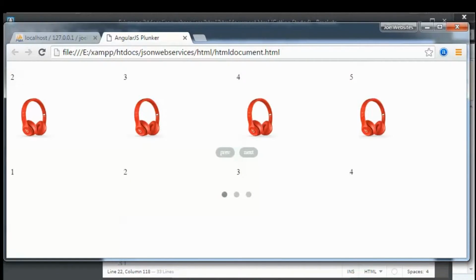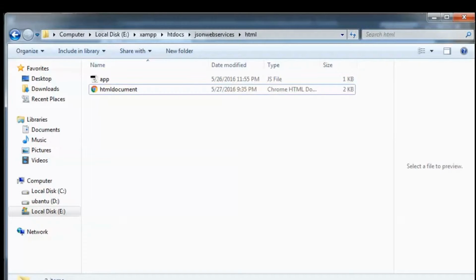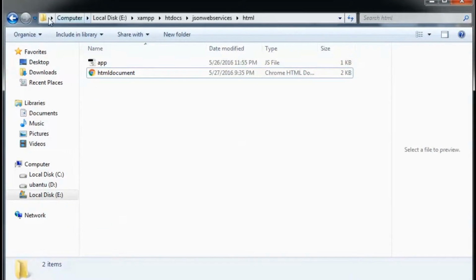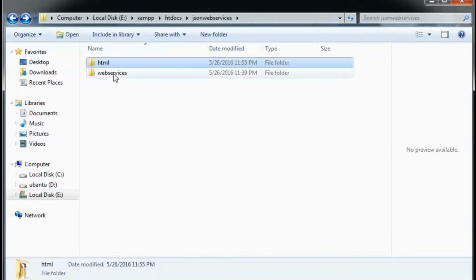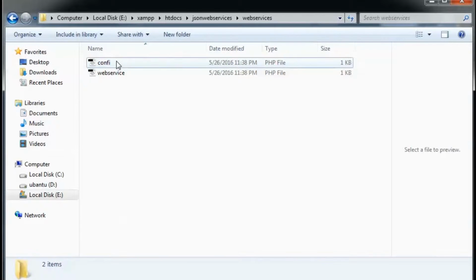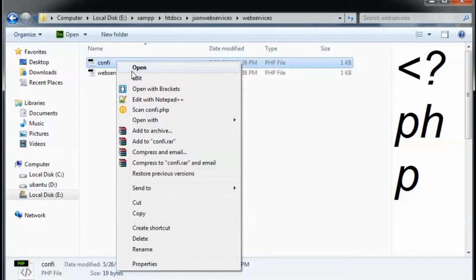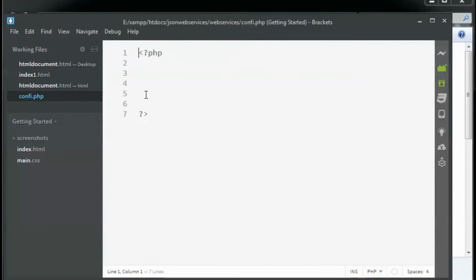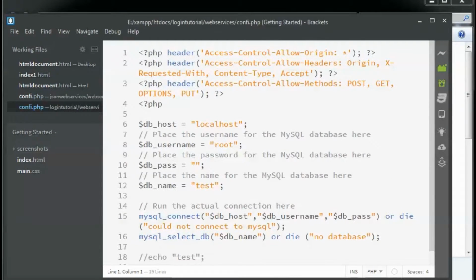To create the JSON web service, I'm just going to set up the PHP files. Go to the web service folder and open the config.php file. I'm going to paste the code which I had created in the previous examples for connecting to the database.